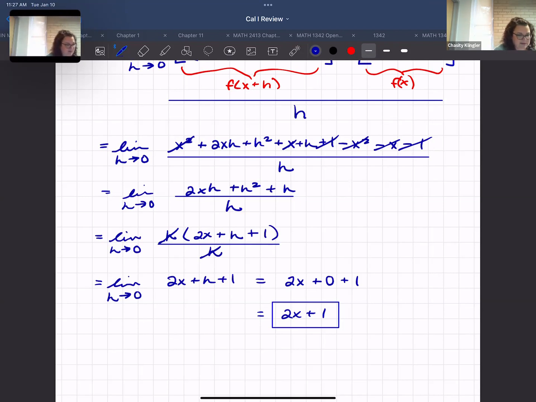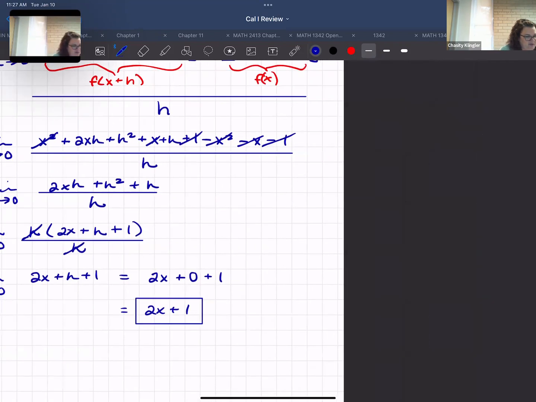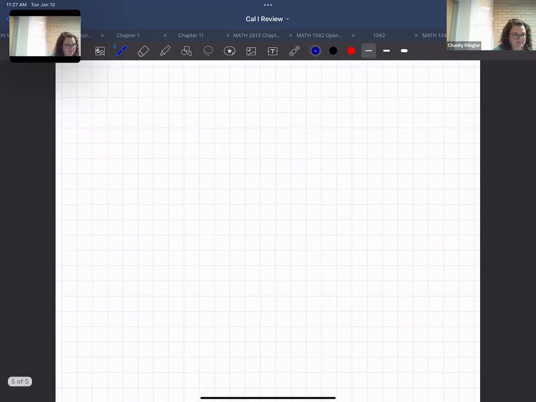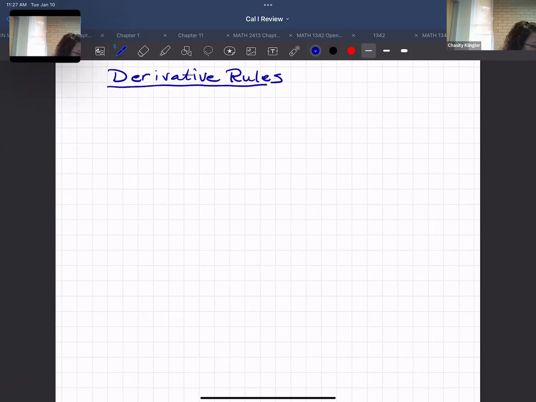Which, like I said, I'm going to go over in the short term, but if you need more of them, they're all on those handouts. Okay, so the derivative rules that you already have in your toolbox are,